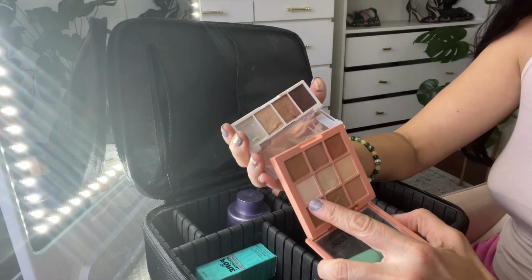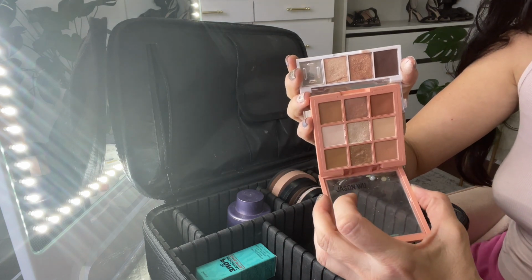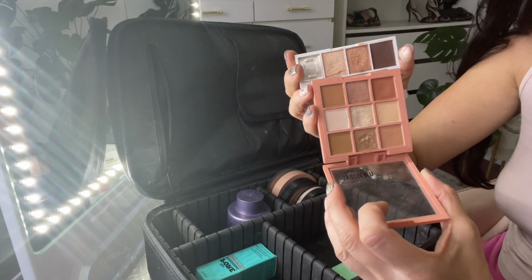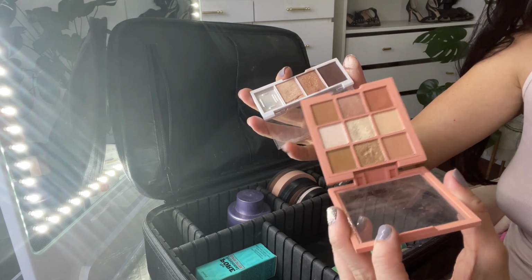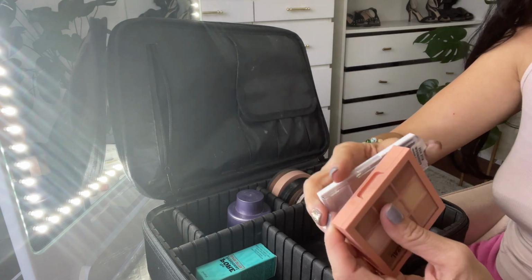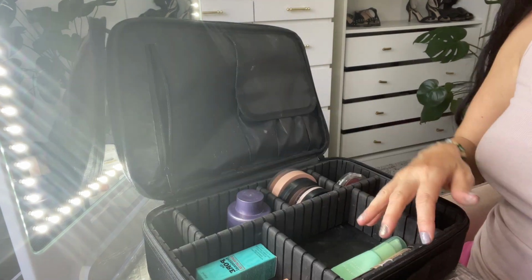It's the same shade that was in there, but I'm bringing this because it offers a little bit additional shades like the deep brown, and it does add a little bit more neutralness. This is very warm, so I'm just bringing it to complement this. I'm basically planning to just do straight up neutral looks. Also bringing